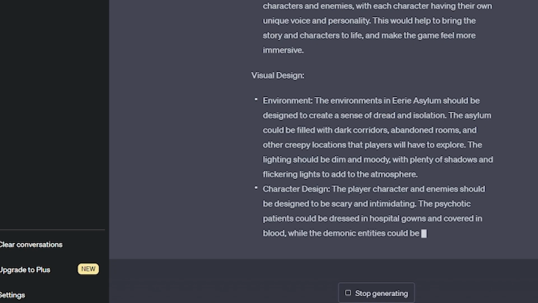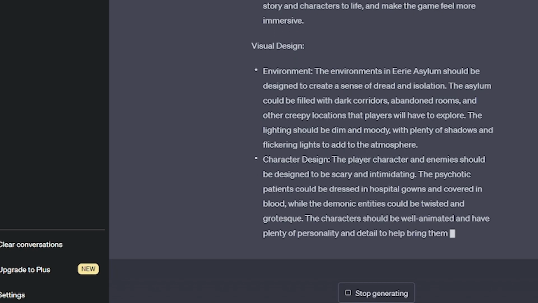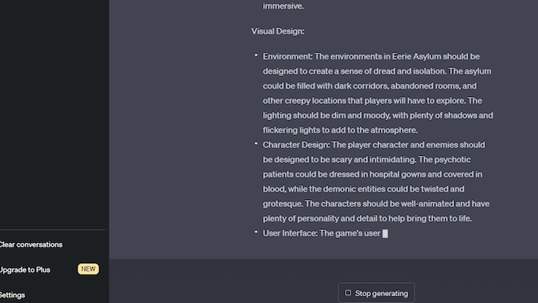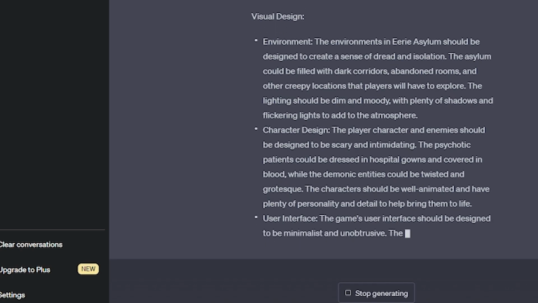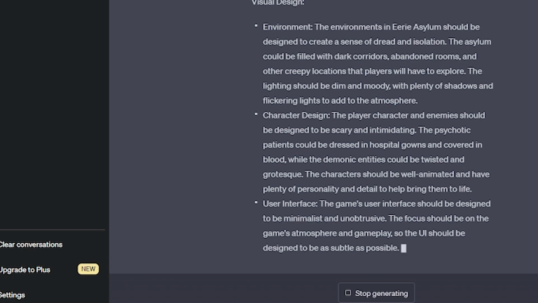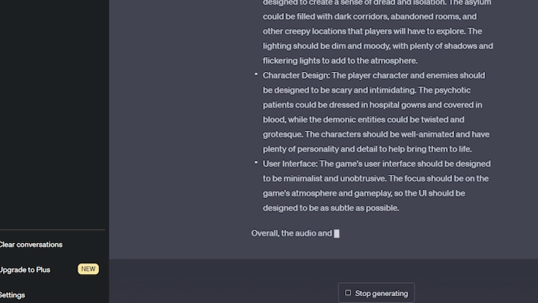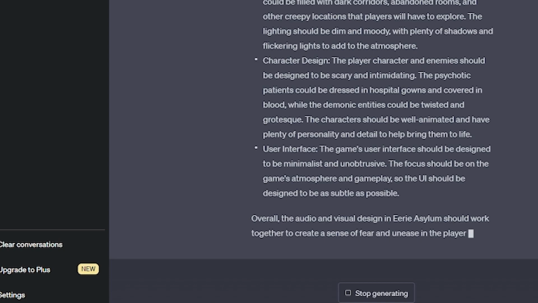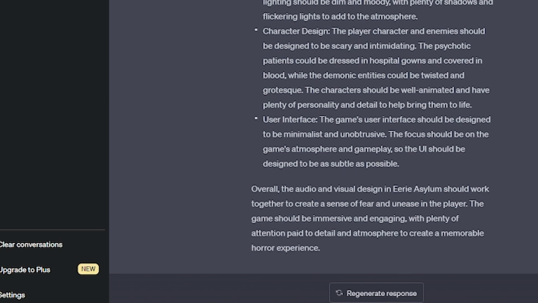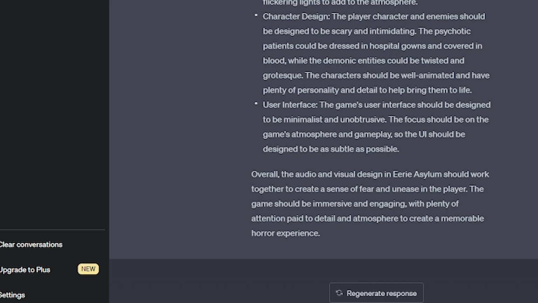The asylum could be filled with dark corridors, abandoned rooms, and other creepy locations that players will have to explore. The lighting should be dim and moody, with plenty of shadows and flickering lights to add to the atmosphere. Character design. The player character and enemies should be designed to be scary and intimidating. The psychotic patients could be dressed in hospital gowns and covered in blood, while the demonic entities could be twisted and grotesque. The characters should be well animated and have plenty of personality and detail to help bring them to